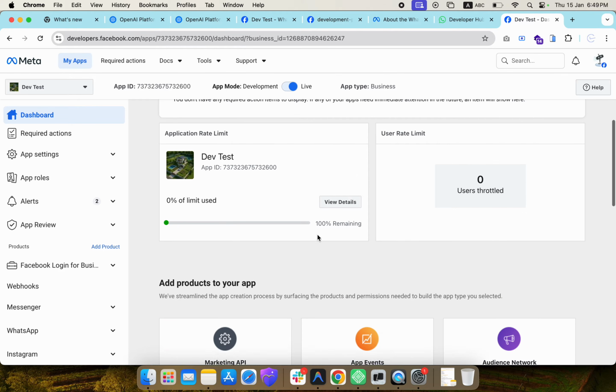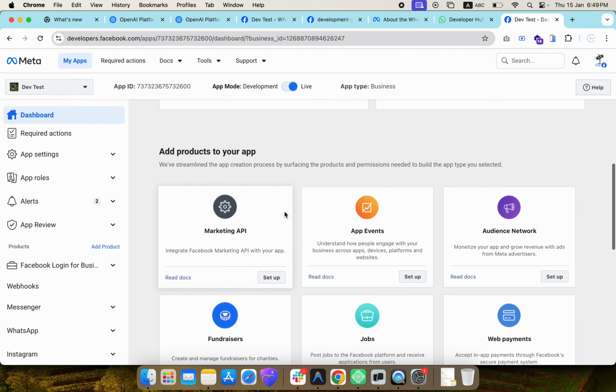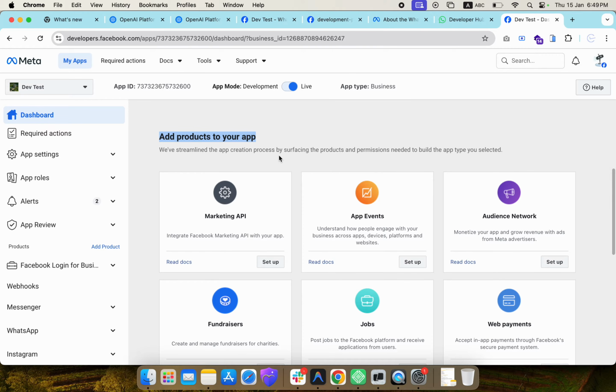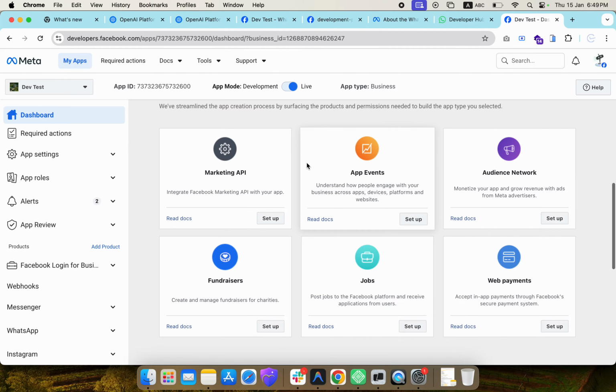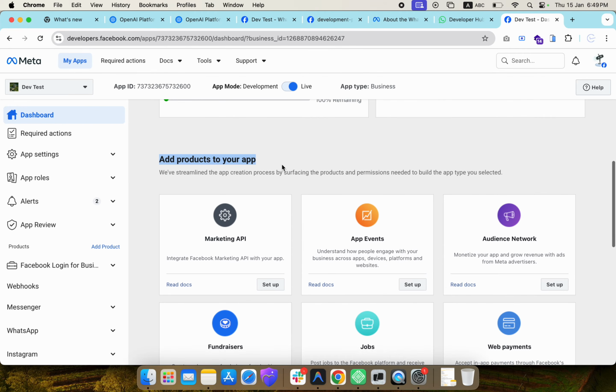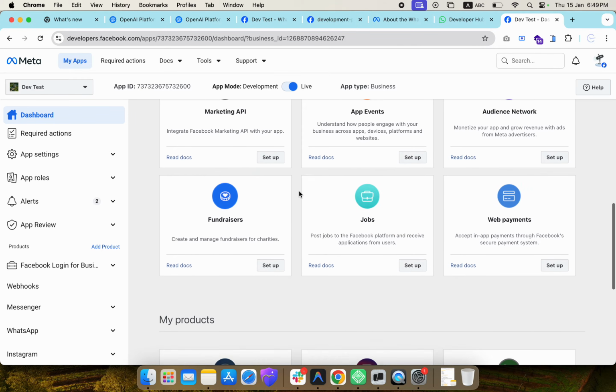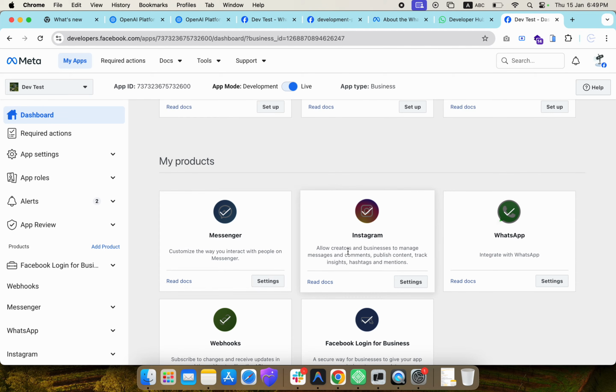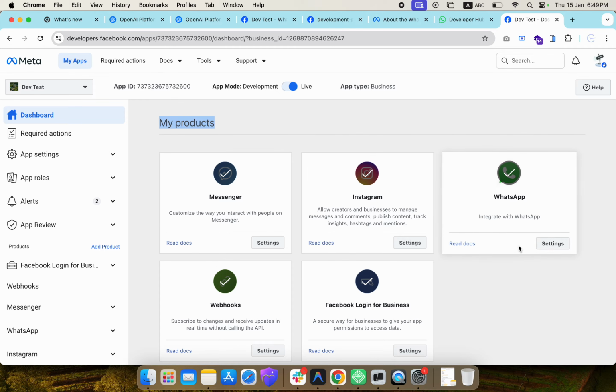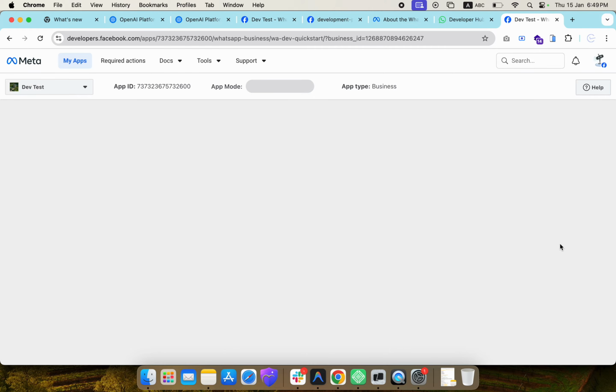In this app dashboard section, you will be able to see the available products which you can connect. If you are visiting for the first time, then you will be able to see the WhatsApp and Messenger options here. I have already connected Messenger, Instagram and WhatsApp, so they are in my products area. So let's see how we can configure the WhatsApp option,